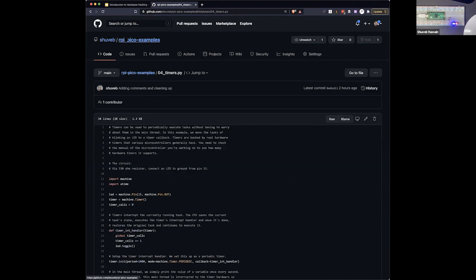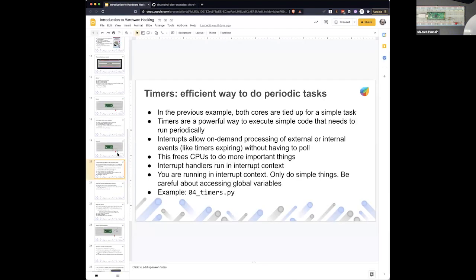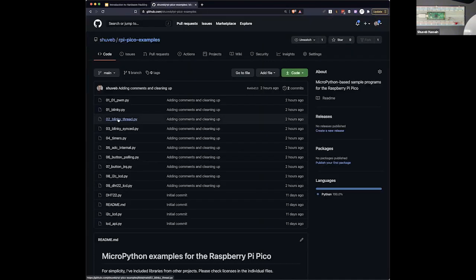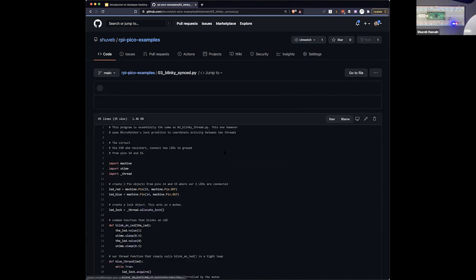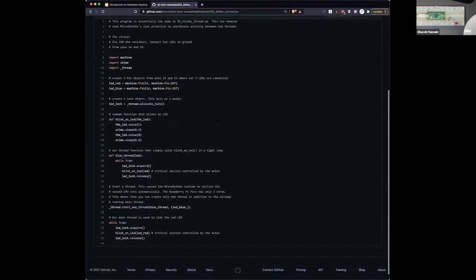Oh, before that, one second, I want to show you something else. Okay, now you can see that both the LEDs are blinking simultaneously, correct? What if I told you that the LEDs need to blink one after the other? You can use a very nice mechanism. It's exactly the same program as before, but we're actually using a lock, okay? Think of this blink an LED function as a critical section. Only one thread can have access to it at any time.